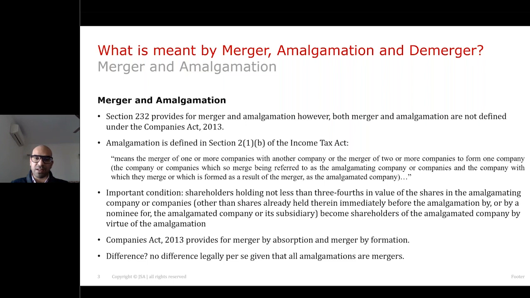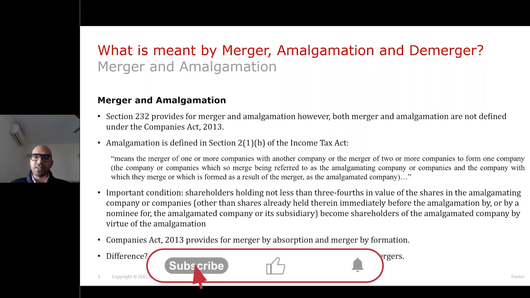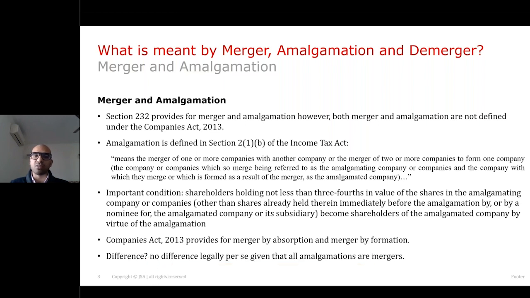And an amalgamation from the pure perspective of income tax provides that if there is amalgamation that occurs, then it should be a tax neutral or tax effective amalgamation, basically meaning that there should not be any kind of a capital gains tax that the company should suffer. Now, what would be the meaning of merger?